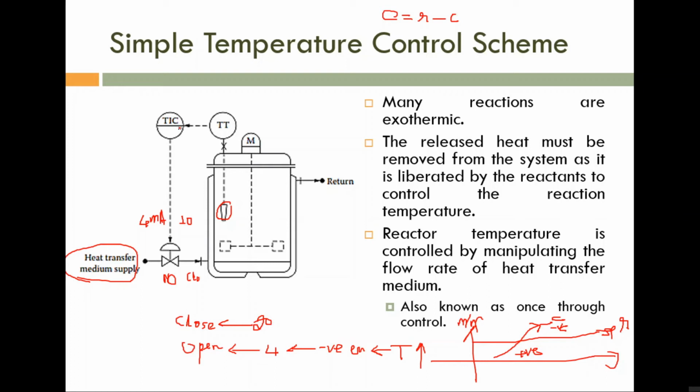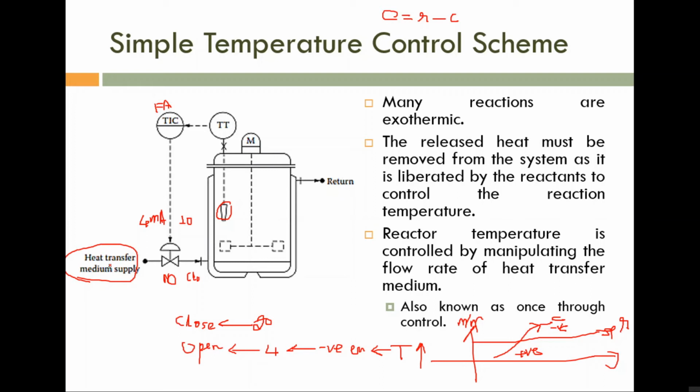So what type of controller is this one? From the error point of view, this is forward acting. The reason is, if the error is small, we require small control output. If the error is positive, it means the temperature is small, less than the set point, and then we need to close the control valve.